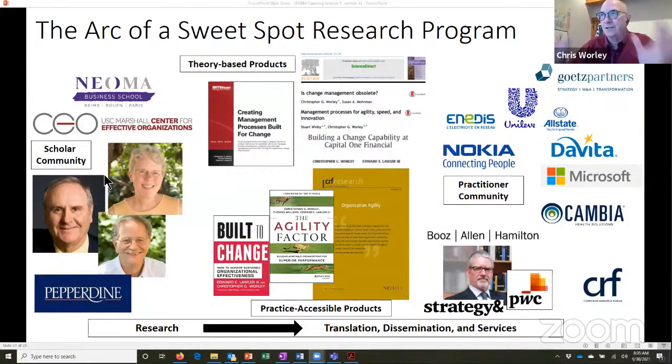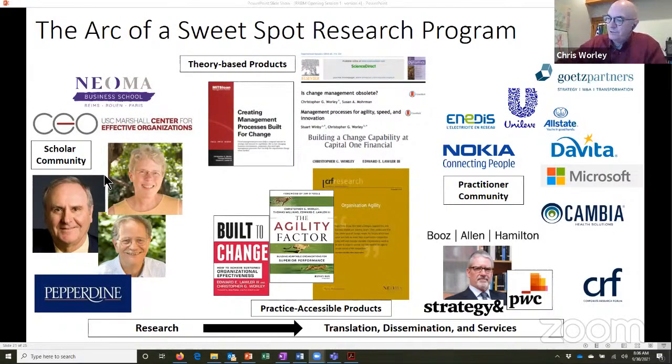Because of that study, because it was a national study and really well known at the time, Jim has this amazing network. One of the people he knows was Tom Williams, over in the lower right-hand corner. Tom was a partner within Booz Allen Hamilton, and the center had done some work with Booz before. Tom knew who we were. And Jim said, well, Chris and Ed are doing this thing. Maybe we should hook up and do some research on this change stuff, a new idea, built to change, agility, whatever you wanted to call it.